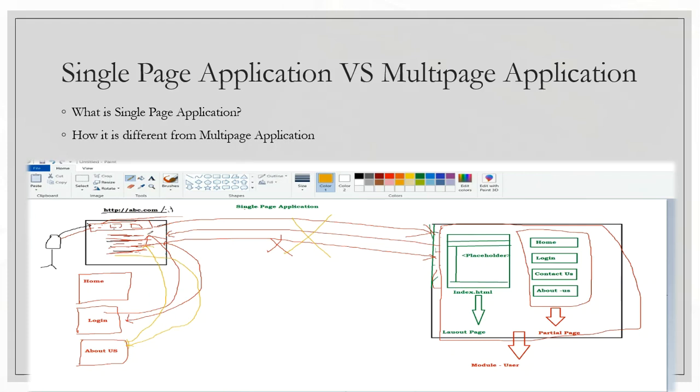So now the question arises, in case we need any real-time data, because we are not going to send a request to the server on clicking login page or about us. Suppose we have a page where we need to show real-time data, so how does single page application work in that case? We are going to use REST APIs.